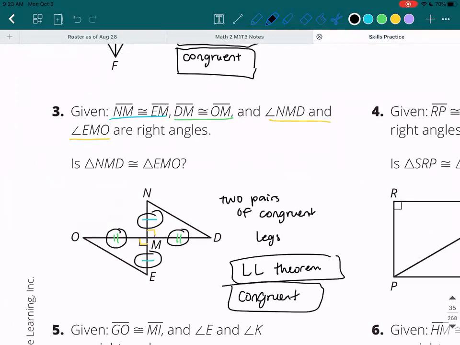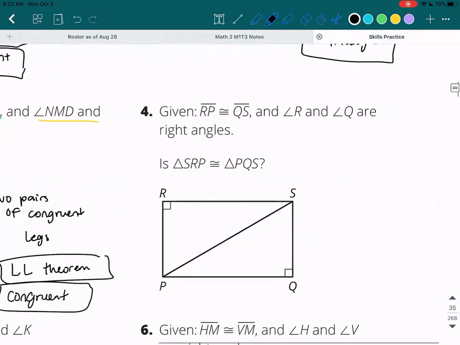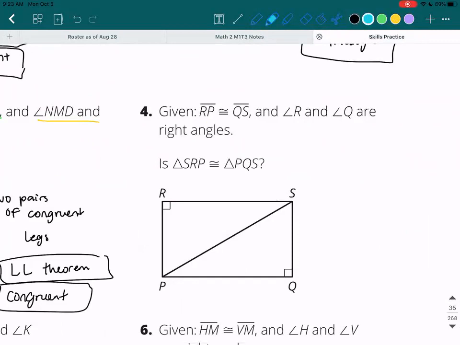Okay. All right. Okay, trying to make sure we finish this during class time. We've got 3 more problems. We can totally do this. We have RP is congruent to QS. So those two are congruent. We have angle R and angle Q are right angles. That's these two. And that's all they give us, but we also have to note that they share a hypotenuse,